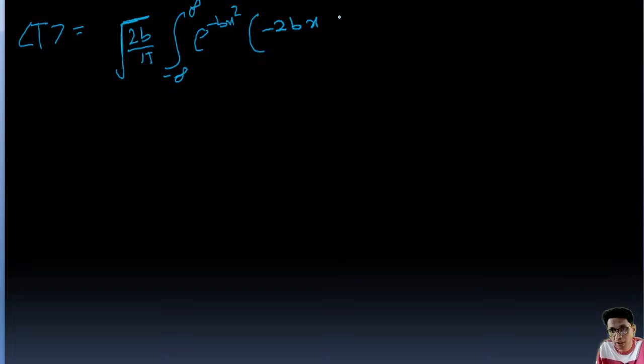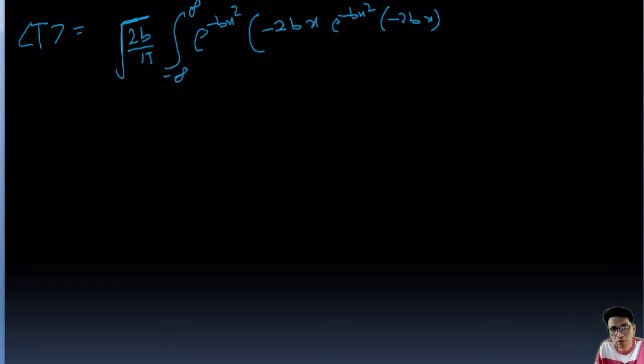So differentiation of second is going to be this one, e to the power minus bx square, again minus 2bx, plus